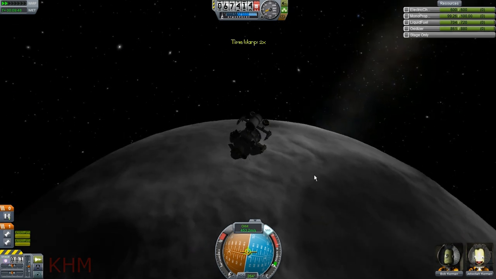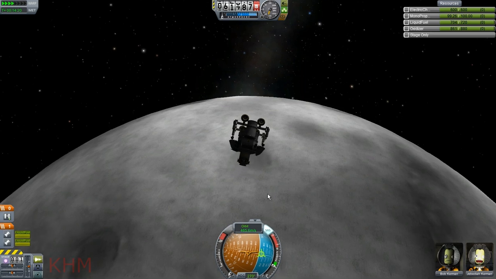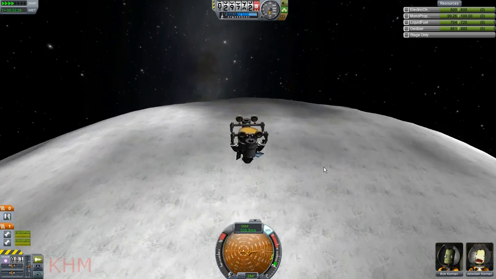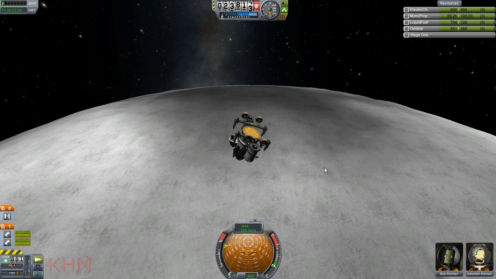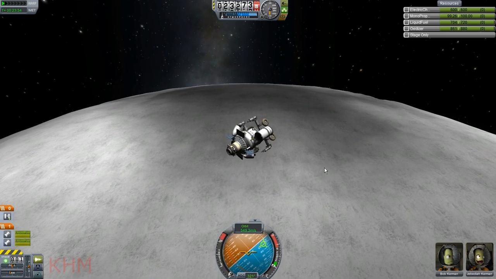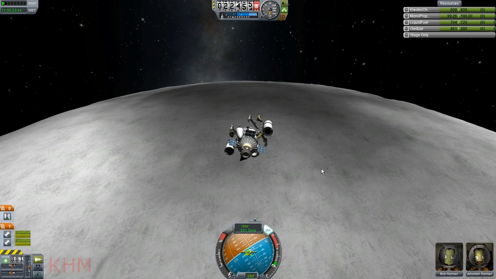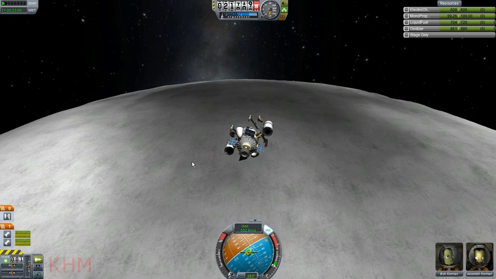Let's just go ahead and fast forward a bit. Now, it's best to do a sort of suicide burn, since that's the most fuel and energy efficient. But they can get a bit tricky. Alright, where's our... There we are. Wrong direction. Perhaps I should switch that key. Alright then, so...